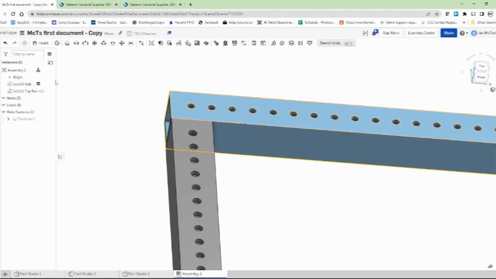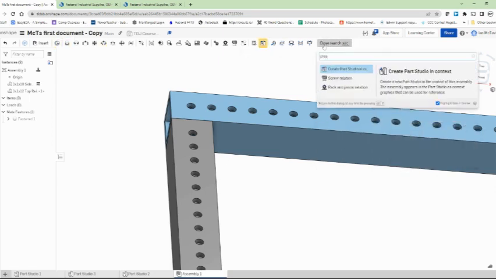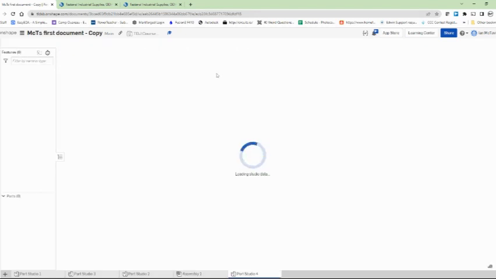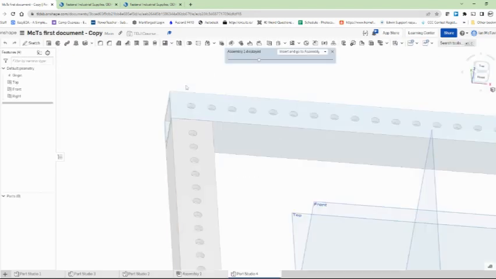just based on where they are. So in the assembly, there is something called the Create Part Studio in Context. And remember, the search tools is a really useful way to find stuff when you're not sure where it is in the toolbar. So Create Part Studio in Context, it asks you for the origin. Most of the time, we just simply use the current origin. So we're going to do that, click the green check mark, and that is going to create a new Part